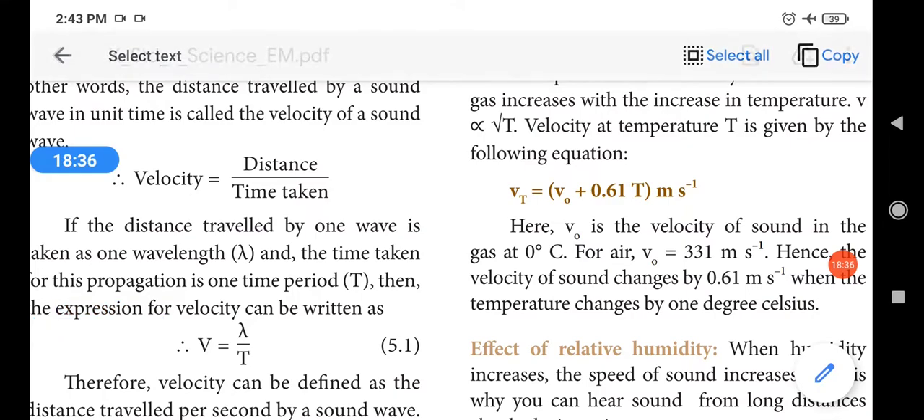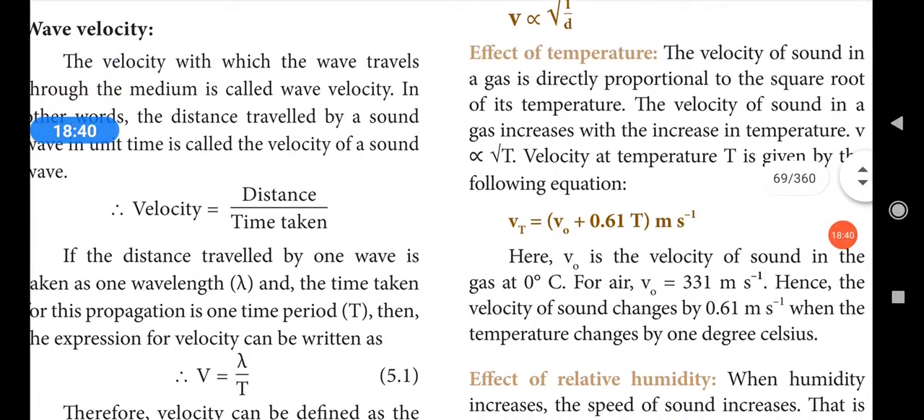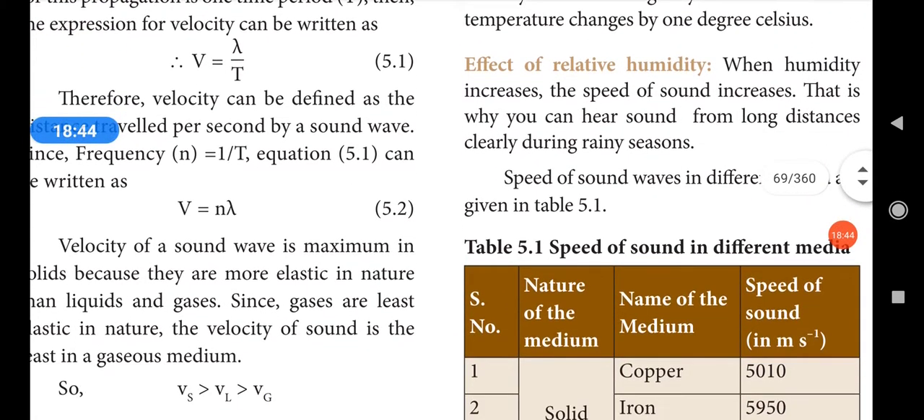So first factor density, second factor temperature, the third factor relative humidity. So humidity, what is meant by humidity? See, humidity means amount of water content in air, that is moisture content. Water content nu sollakudadhu, moisture content, amount of moisture content in air, that is called as humidity. Ipo humidity will be higher in the